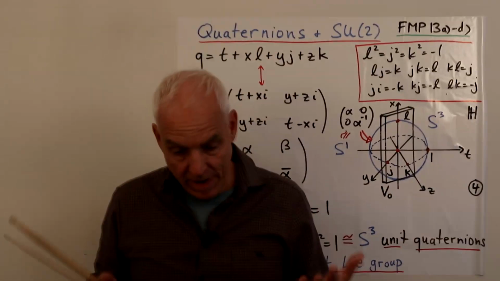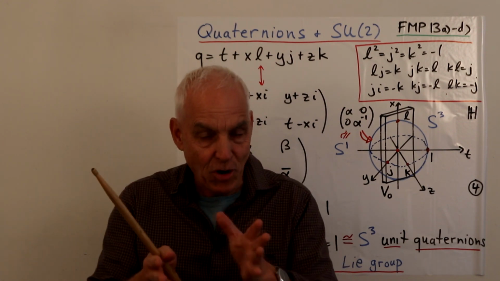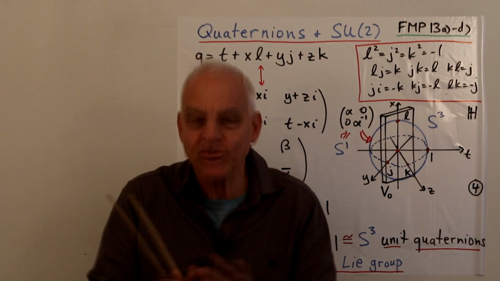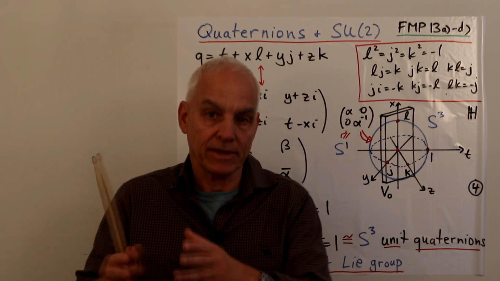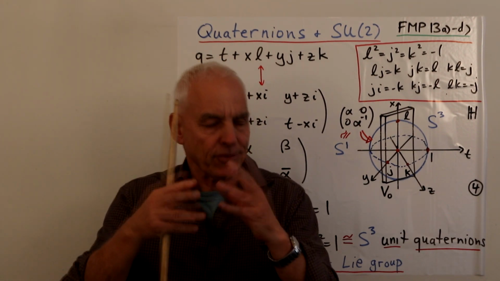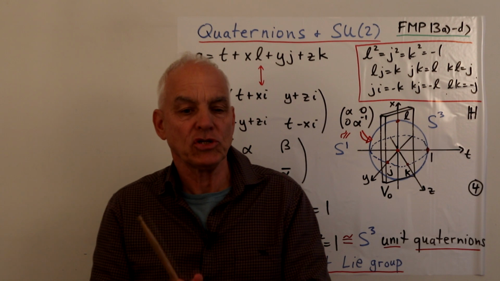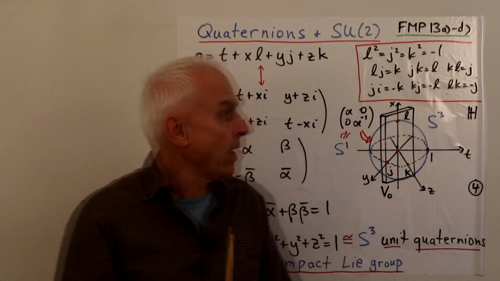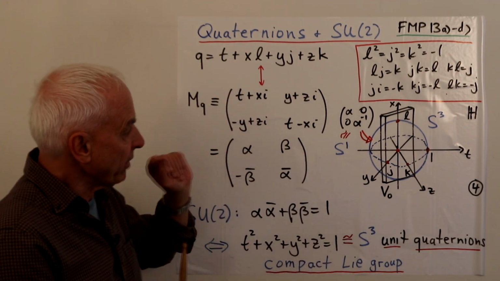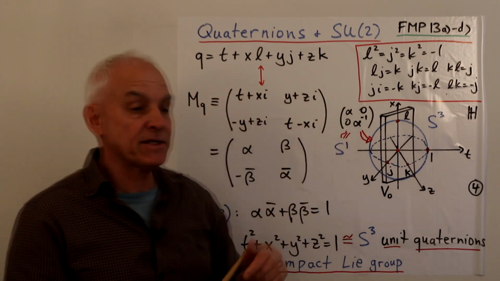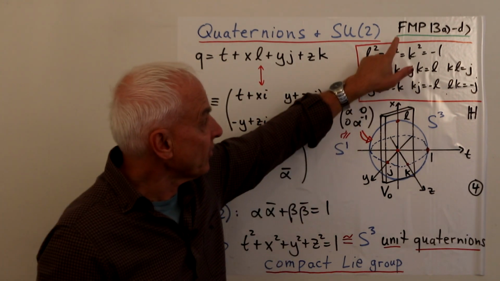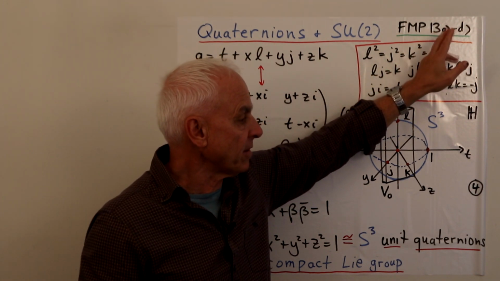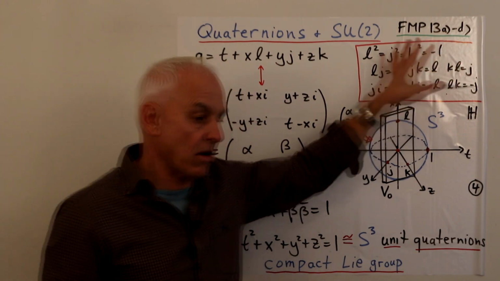Now, what's this formula really about? Well, it's about this Lie group called SU2, which is the simplest, or the smallest, compact simple Lie group, which is sort of like a continuous or smooth kind of group, which topologically, in this case, is pretty simple. It's just a sphere. It's the 3-sphere. And it's useful to think about that correspondence. So let me just very quickly review some things about quaternions. A reference for this is the famous math problem series 13. There are 4 videos, but A and B are sort of introductions, and then C and D are about quaternions.